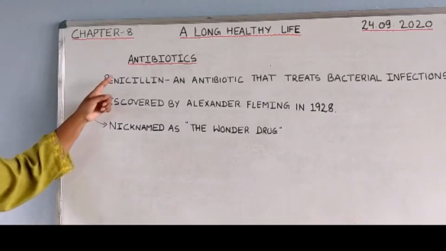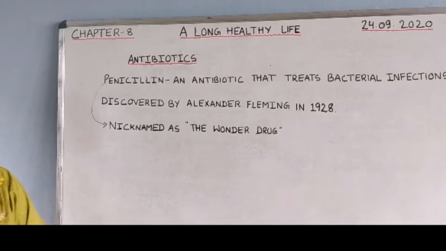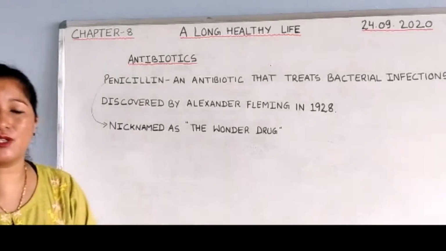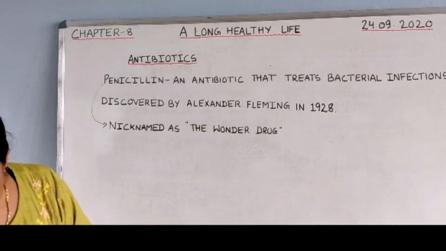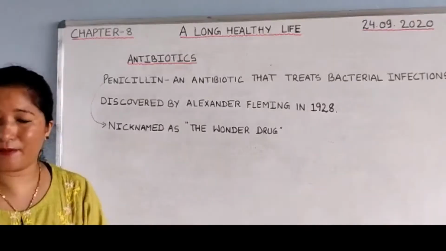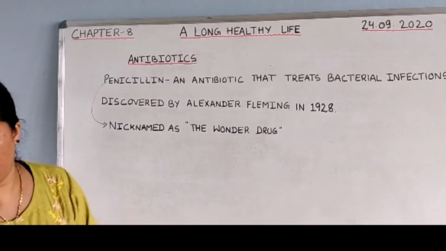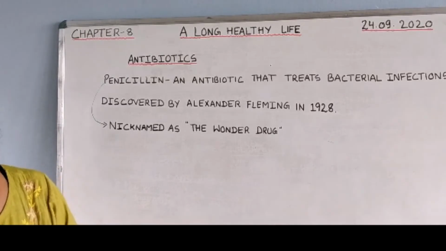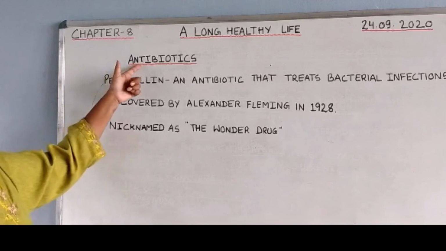This antibiotic is usually given to a patient so as to prevent infectious bacteria from spreading. As you know, bacteria are types of germs which spread several diseases such as tuberculosis, cholera and typhoid, etc. So in order to prevent that from spreading, we use the